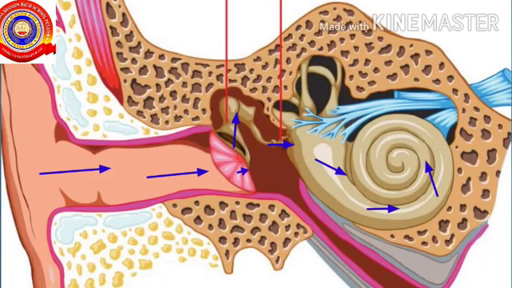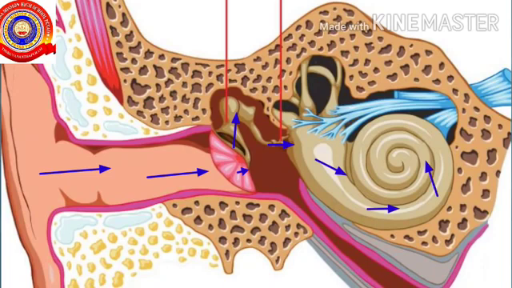Once again, let's have a look how hearing is possible. The sound waves through the pinna, it reaches the auditory canal, where in the auditory canal we can see small hairs and wax which prevents the entry of pathogen. From there, these sound waves reaches the tympanum. When the sound waves touches the tympanum, there undergoes a vibration. This vibration of the tympanum is transmitted to the ear ossicles such as malleus, incus and stapes, which causes the vibration of the membrane in the oval window.